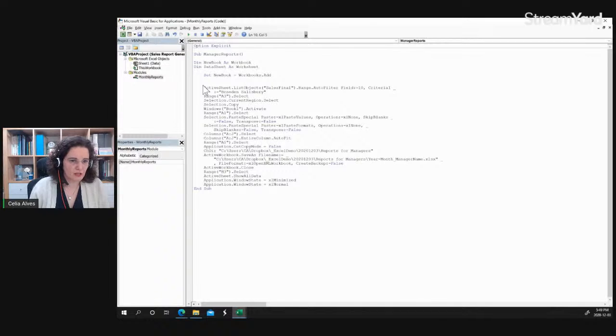I need to tell Excel that this active sheet is the data sheet, okay? I don't need to really activate it. Well, I will have to activate it maybe later, but let's say, so set data sheet equals to this workbook